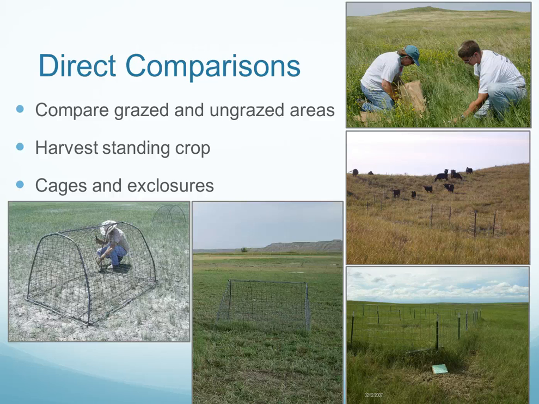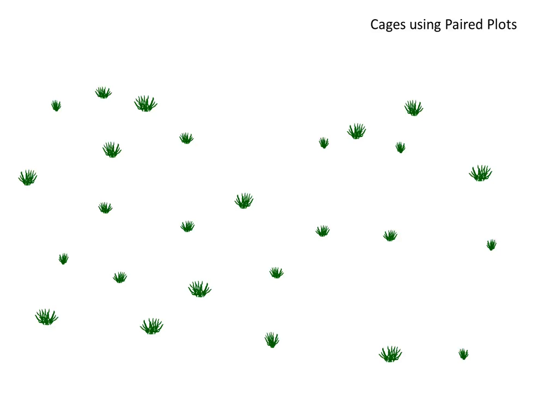So let's take a look at an example of how this is done. With cages, we often use either paired plots or unpaired plots. We're going to examine paired plots first. With paired plots, when you're getting ready to start your observations or to set up the exclosure of grazing, you locate pairs of plots that are similar in the amount and the mixture of plants that are in each one